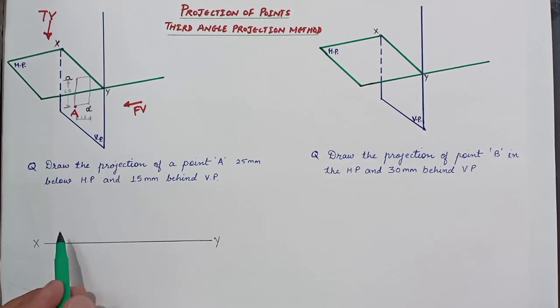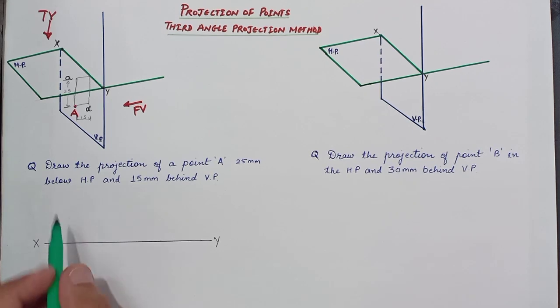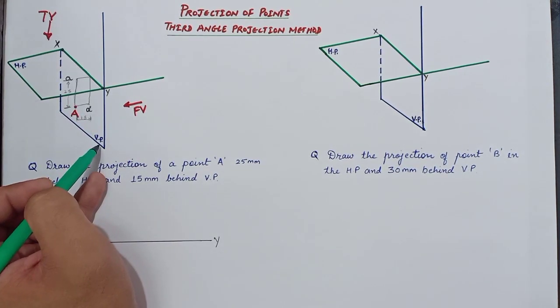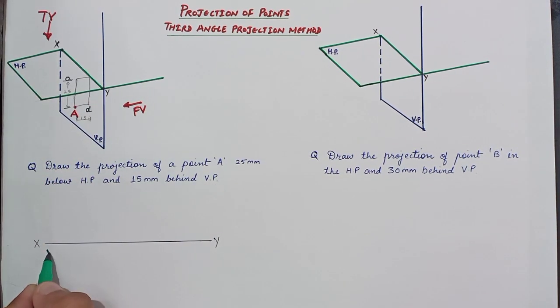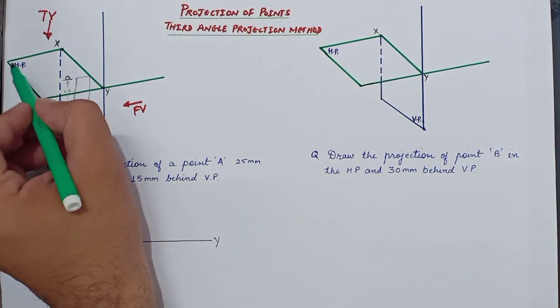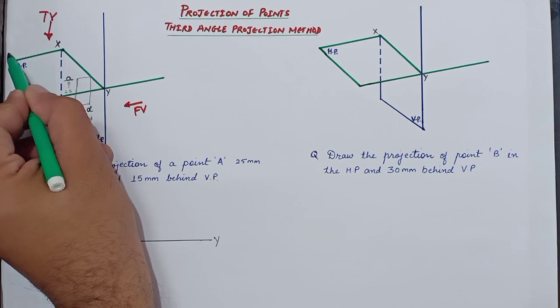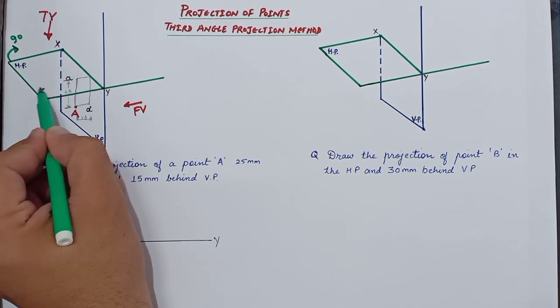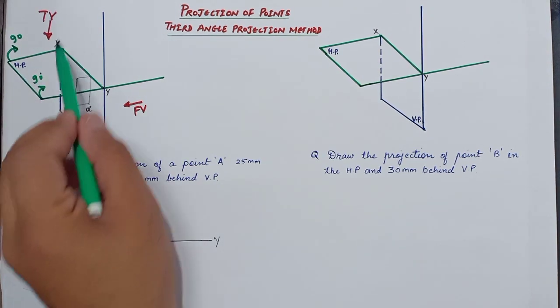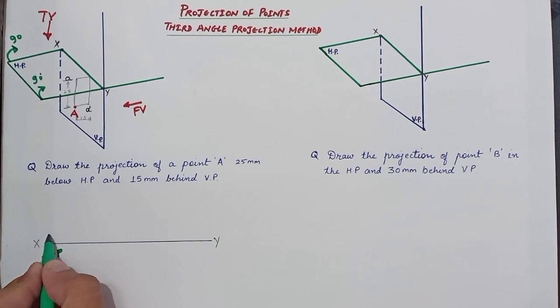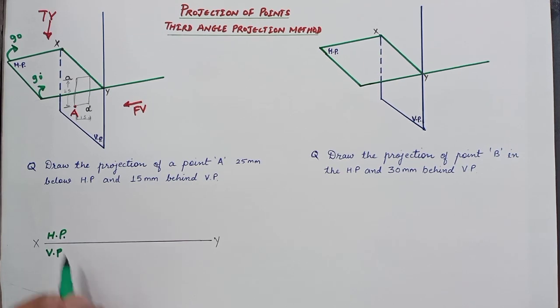Now drawing these points on orthographic view, we can see that the vertical plane is already below reference line XY. So we can write here vertical plane below XY line, and we will rotate the horizontal plane 90° clockwise, due to which the horizontal plane will move above XY line. So we can write here horizontal plane above XY line.